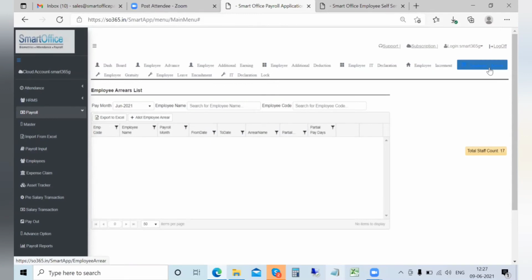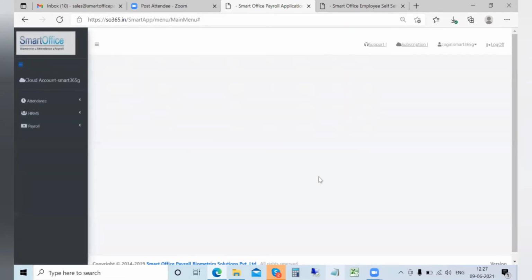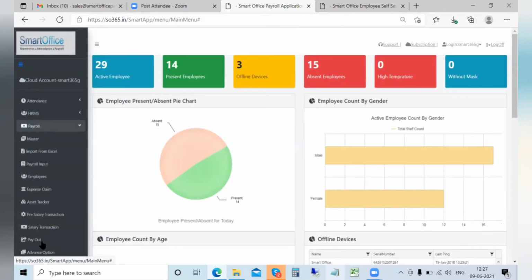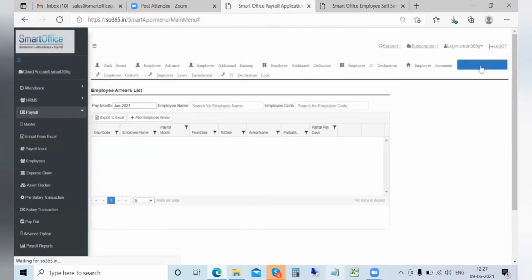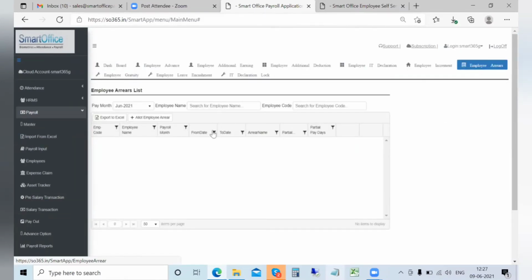In the arrears part, you can process the employee arrears. There are generally two types of arrears that are processed. One is your hike arrears, which will have a couple of 2 or 3 months of hike to be processed, and the other one is your LOP arrears or last month missed calculation arrears.